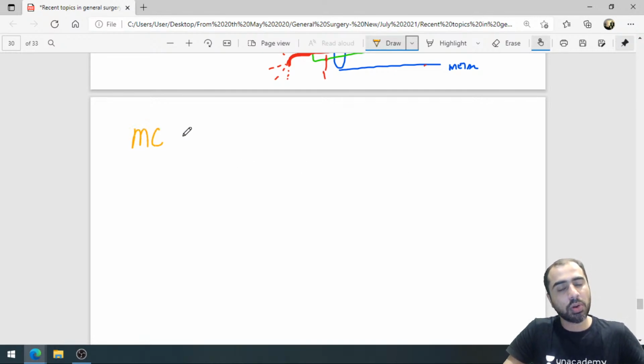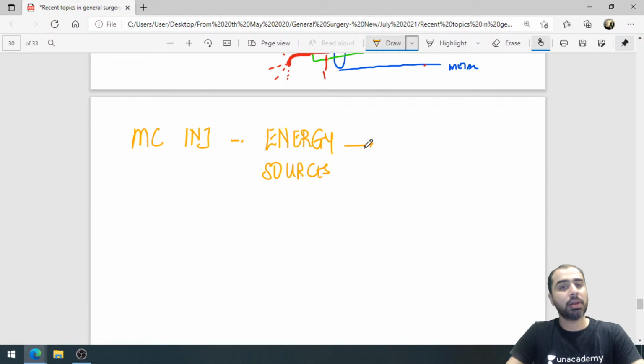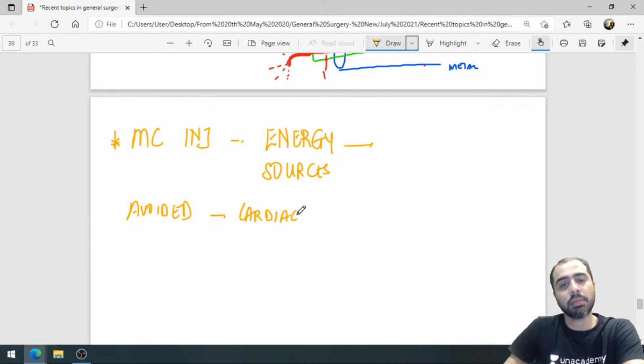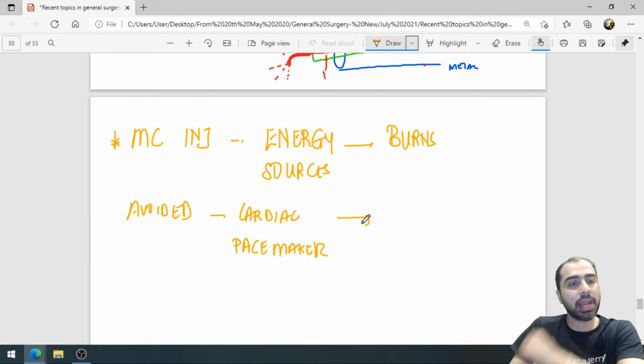What is the most common injury due to energy sources overall? Most common injury due to energy sources overall. Energy sources means monopolar, bipolar, सब मिला के. Most common injury due to energy sources, and what energy source should be avoided in a patient who has a cardiac pacemaker? What energy source should be avoided in a patient who is on a cardiac pacemaker? So first answer, Gopika, excellent answer is burns. And what should be avoided in a patient on cardiac pacemaker? इसका भी आंसर दे दो